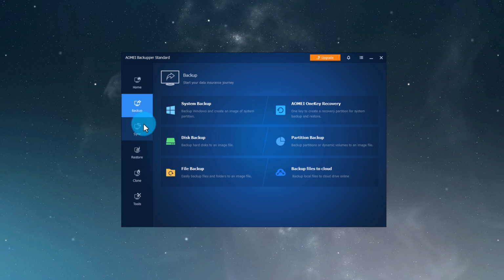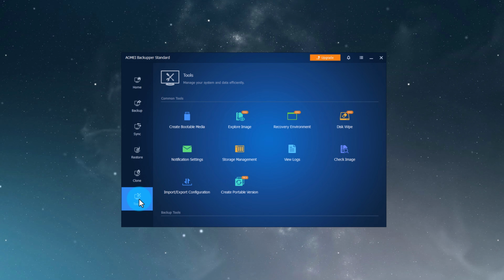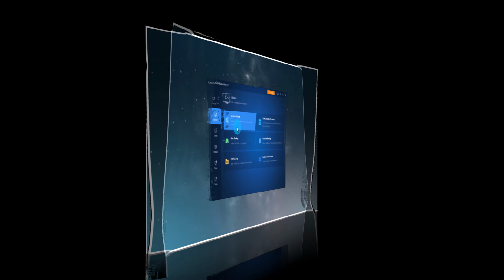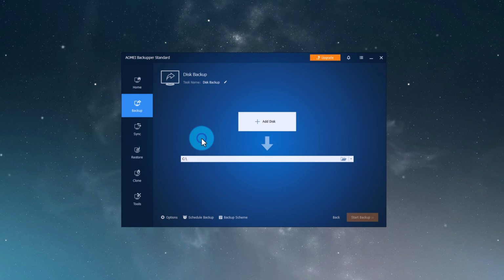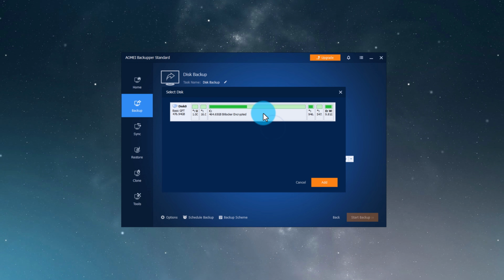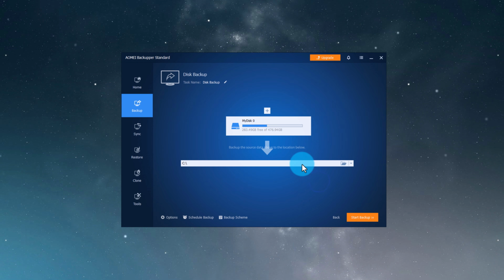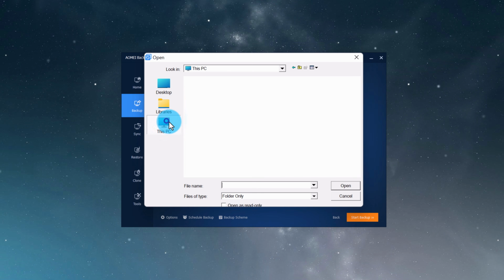By the way, if you happen to have a NAS, a network attached storage, you can add that as a backup location in AOMEI by going to Tools, Storage Management. OK, click on Add Disk and select the one you need. Confirm by pressing Add. Now select the location where to store backups. In my case, that's an